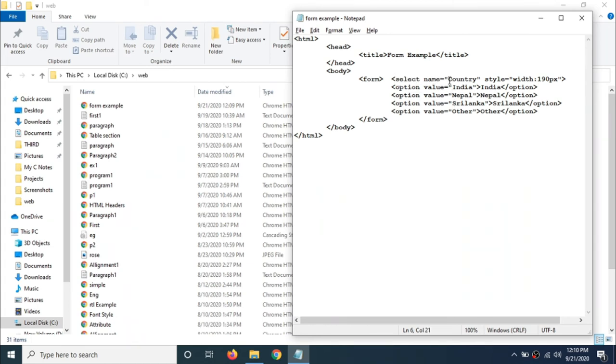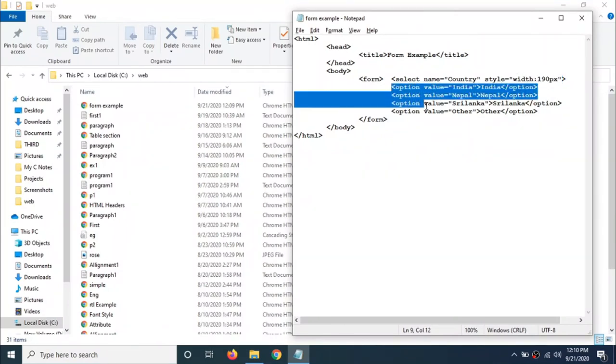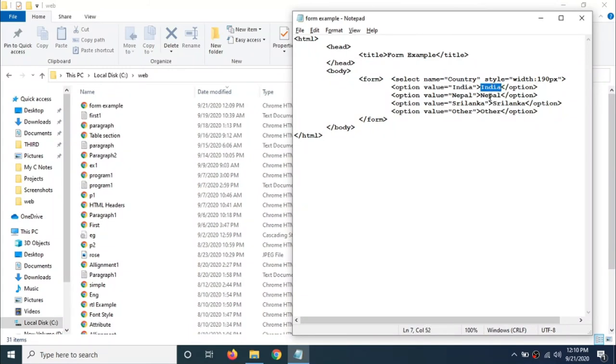Name is country, style width equals 190 pixel. Now the options: here I have given 4 options. One is India, Nepal, Sri Lanka and again other.